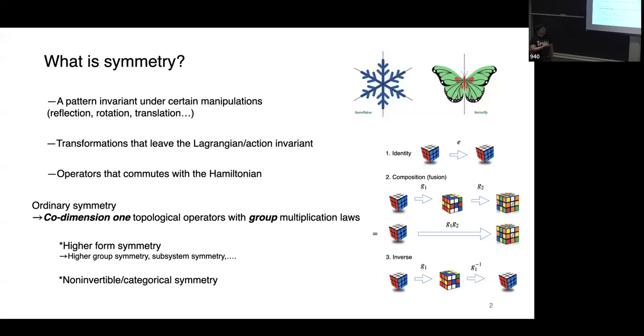And the second one is to relax the group condition. You can have more general fusion rules like fusion categories. And these are so-called non-invertible or categorical symmetries. To imagine it from the Rubik's Cube example, the action of a non-invertible symmetry operator on the states is like putting a fire on this Rubik's Cube, so it cannot go back to its original state. And I will show you that it is really like you act with some projection operators on your states, so you can never go back. So this is the idea of how we generalize the symmetries.